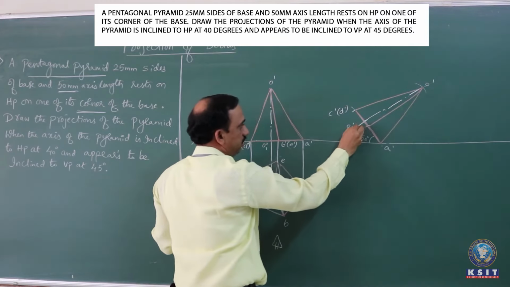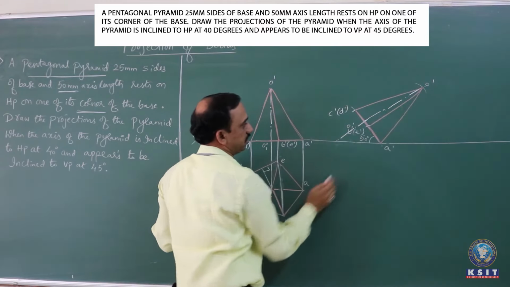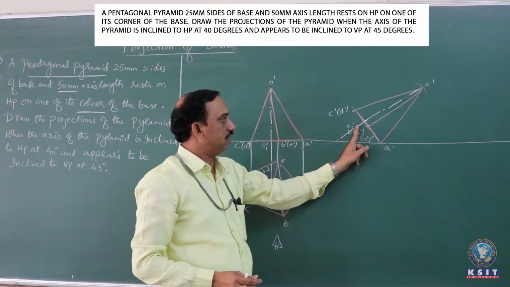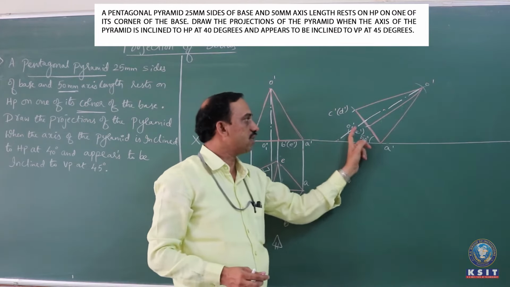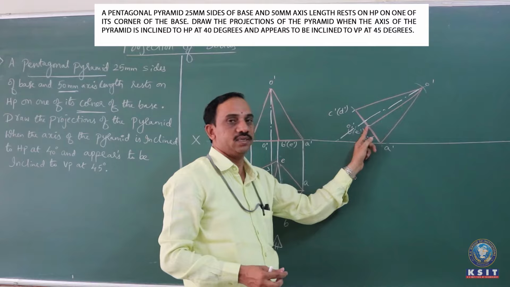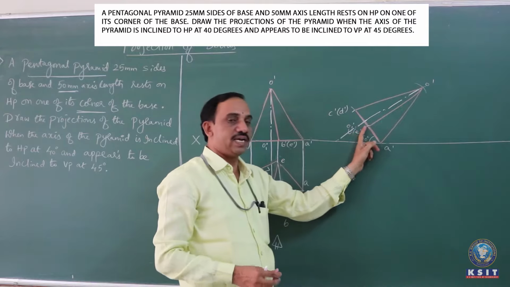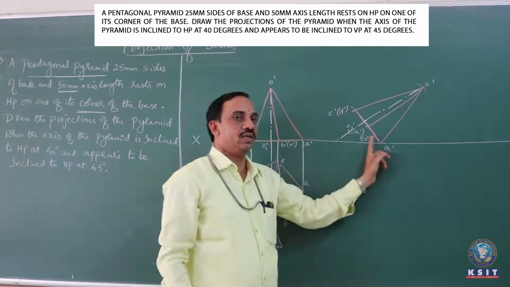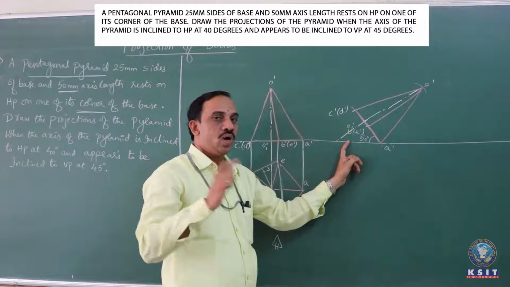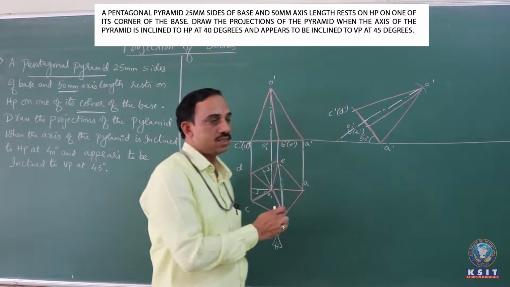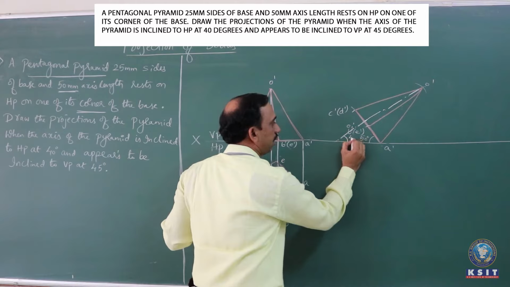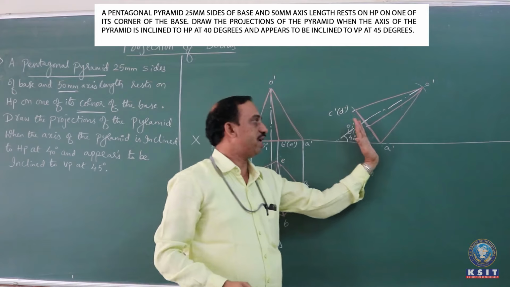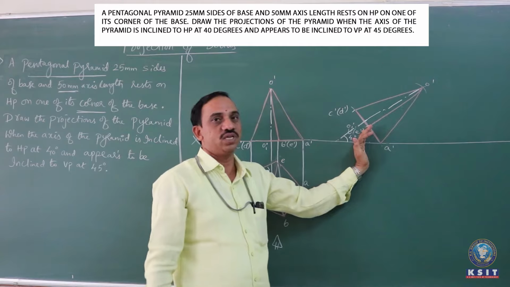Now, when you extend this axis line, if you take this as a triangle, in this triangle we know the sum of 3 angles should be 180 degrees, out of which this will always be 90 degrees. 180 minus 90 gives you 90. Now, when you tilt the base face to make 50 degrees, the axis will automatically come down to 90 minus 50, which is 40 degrees, which is given in the question. So the question gives that the axis should make an angle of 40 degrees, but we have tilted the base face for the alternate angle, which is 50 degrees.